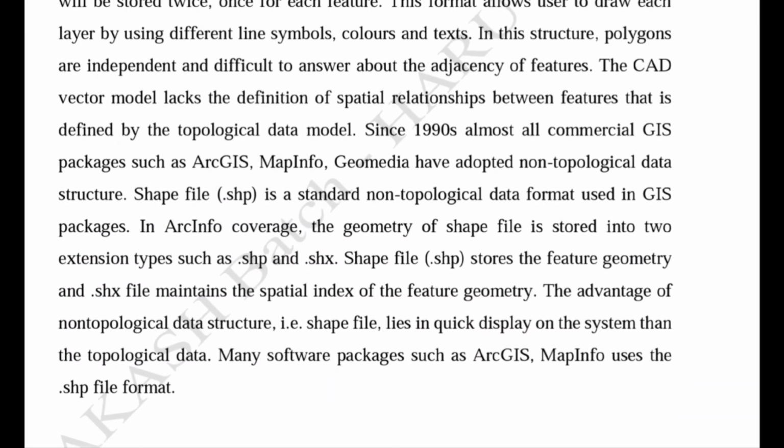Means shapefile has to be stored in two extension types. First one is the .shp, second one is the .shx, and there is a difference between these two shapefile data extension types. First one is .shp, the shapefile that stores the feature geometry. Means